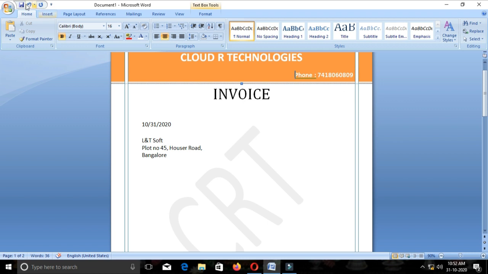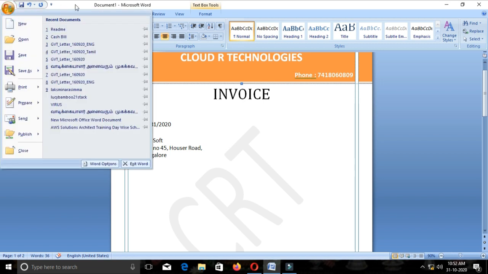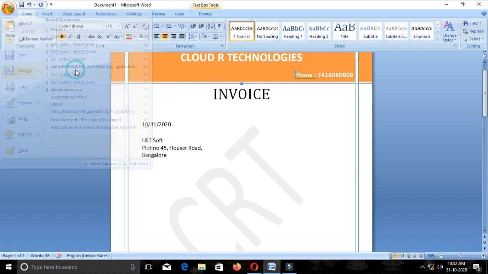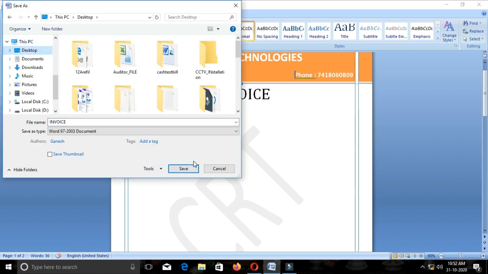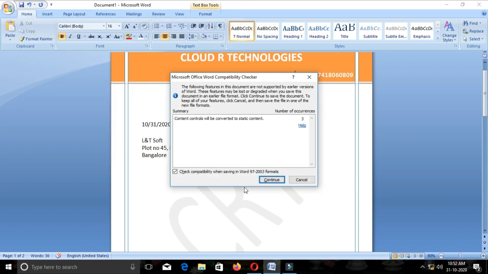In the same way, you can create any type of document, any type of letterhead. Save as MS Word document, on the desktop, as Invoice.